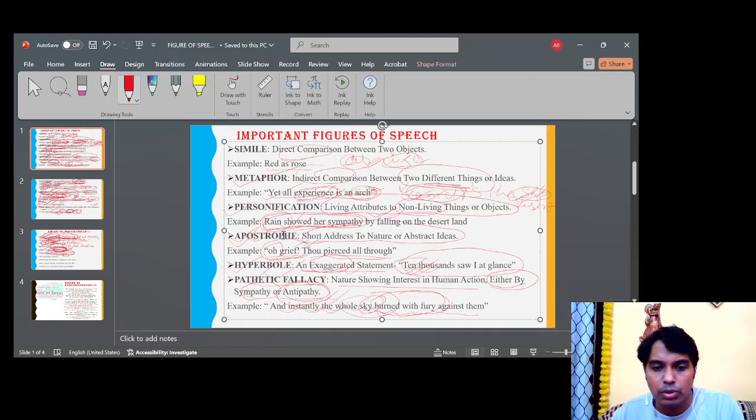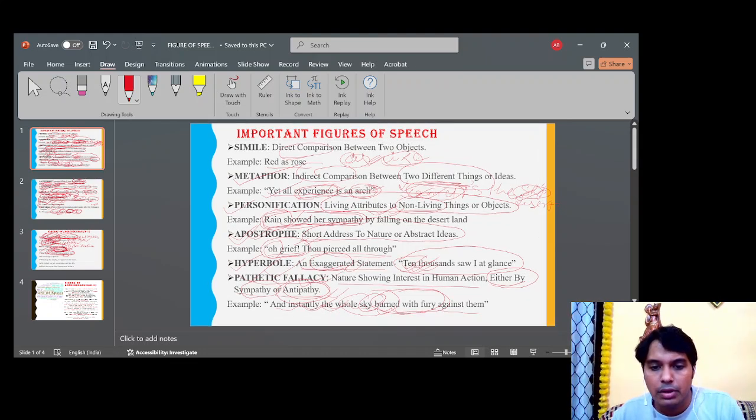Pathetic fallacy, what we have? Pathetic fallacy, we have nature showing interest in human action either by sympathy or antipathy. এবার আমরা দেখি এক্সাম্পলে এটা সিম্প্যাথি না অ্যান্টিপ্যাথি।